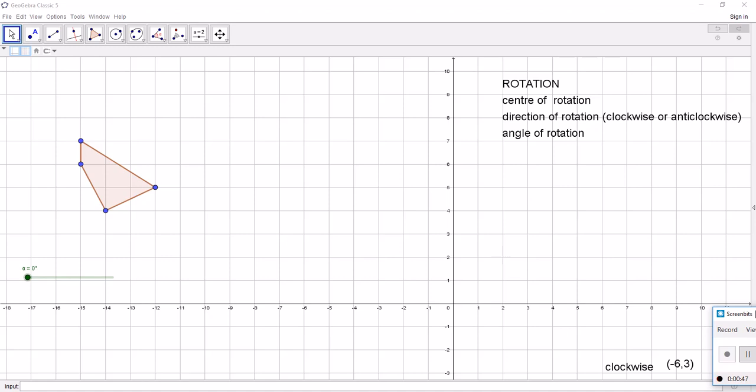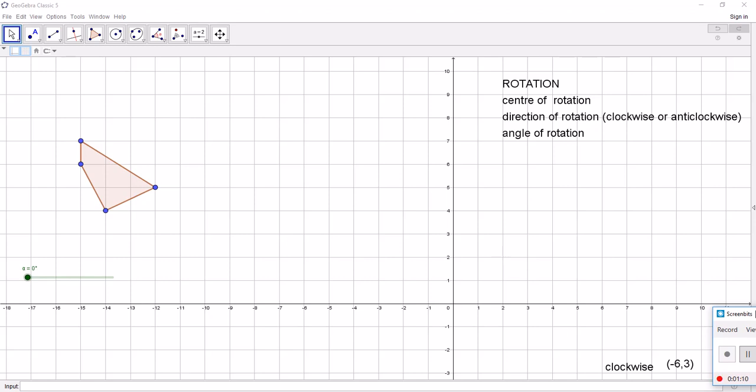You also need to know the direction of your rotation, so whether it's clockwise or anti-clockwise. So clockwise is the direction that the hands of a clock travel. So starting at 12, going 1, 2, 3, 4, 5, 6, and that's clockwise. Anti-clockwise would be going in the opposite direction, so starting at 12 and going 11, 10, 9, 8, 7, 6,